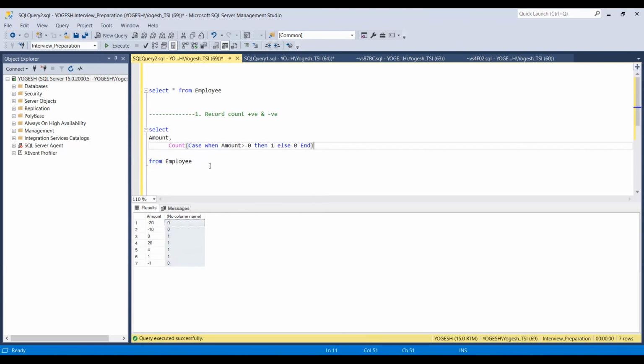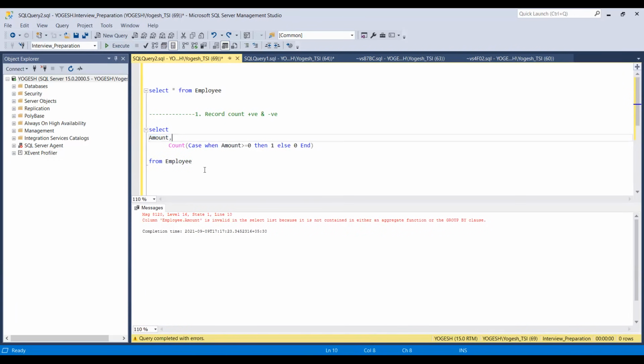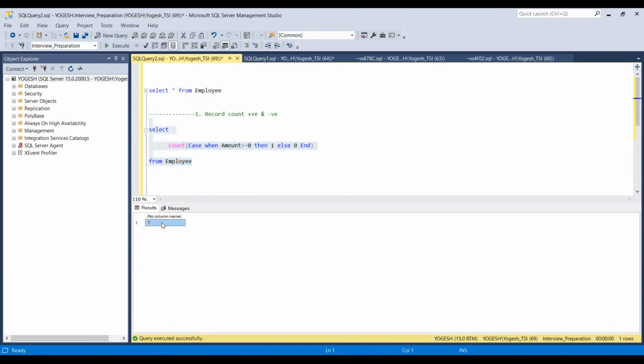Like this, right? Just try to execute it. It will have 7. Okay, so we are using the count now, and if we are going to use the count, then we need to remove this amount field. Okay, now if we'll execute it, it will return us all 7 records.